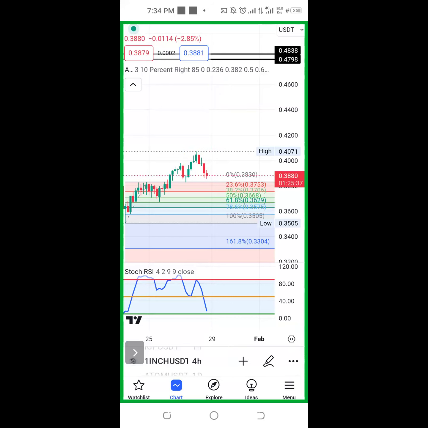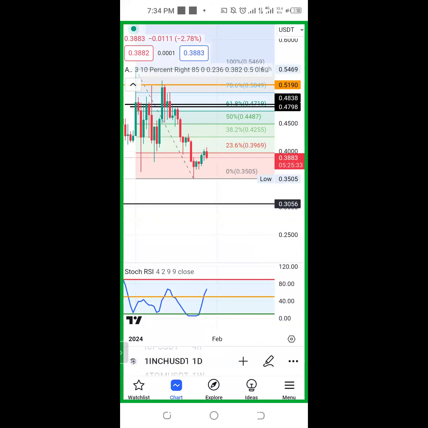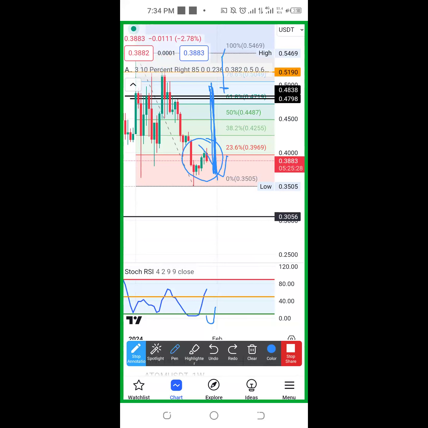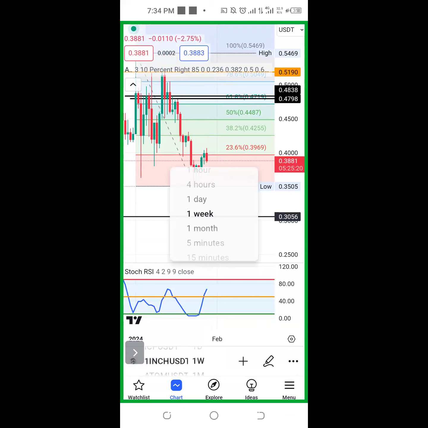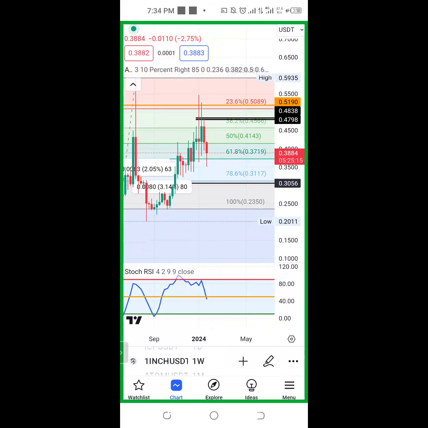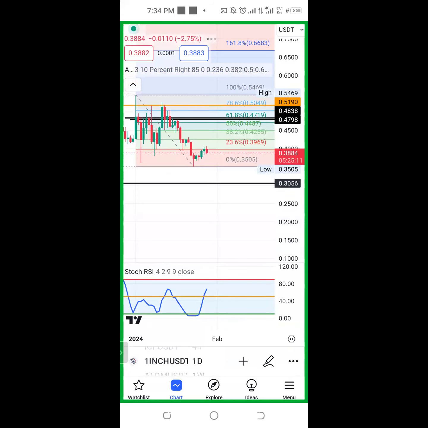So let's go to 1 day charts. On 1 day charts, the RSI is pointing up too. So if you can do like this, and the candle forms here, you are good to go. Then on a 1 week, it's showing that you might be going down after like 6 days. But in the next 1, 2, 3, 4, 5 days, let's hope that it will move a little bit